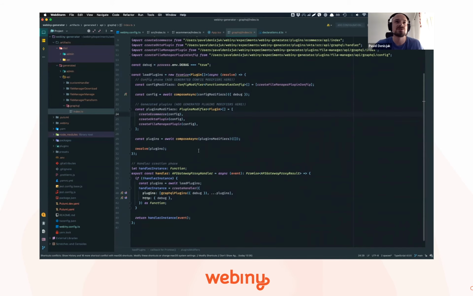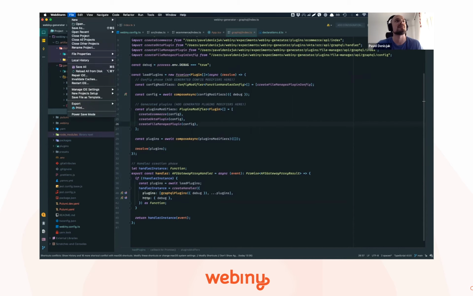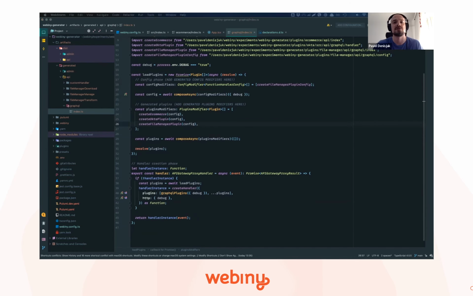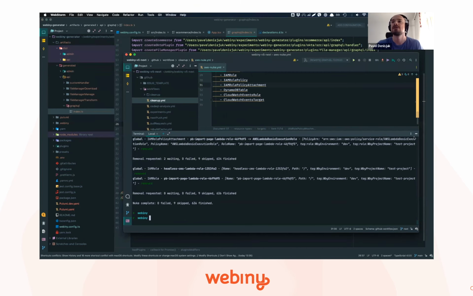So if you want to see a comparison with the current setup, just give me a second. Yeah, I think I closed the project. Oh, okay. Oh, hang on, it's on the other monitor. So